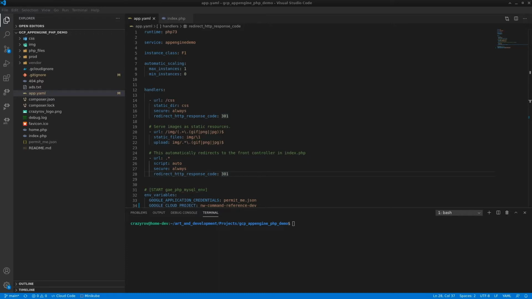So the settings for App Engines are defined in a YAML file called app.yaml. This is one of the most important configurations that you want to consider as you are deploying your application to App Engine. The app.yaml file also contains information about your app's code, the PHP runtime, and entry points.